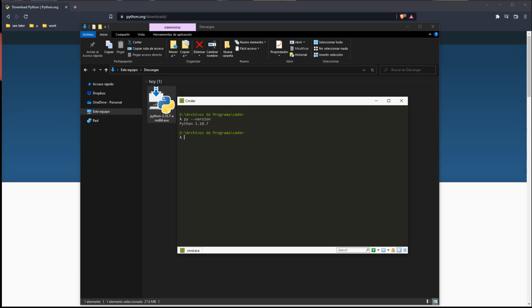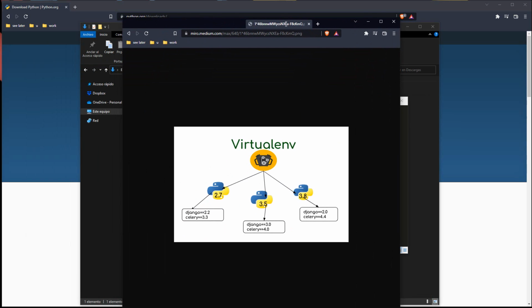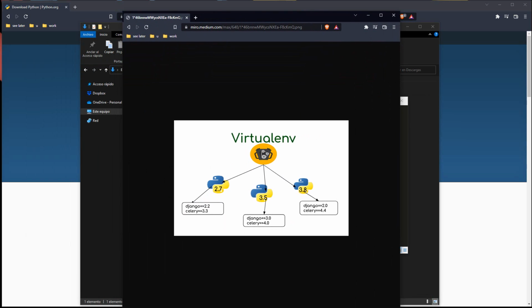Okay. Additionally, let me tell you about Virtual Env. Virtual Env is a tool that allows you to create a virtual environment. In other words, it's a tool to create isolated Python environments, each of which is a folder that contains all the necessary executables to use the packages that a Python project would need. So you create a virtual environment for project X, install all the dependencies, and then you create a virtual environment for project Y,